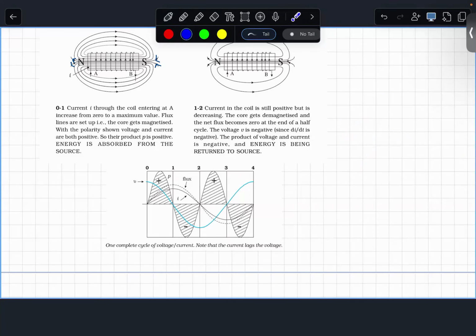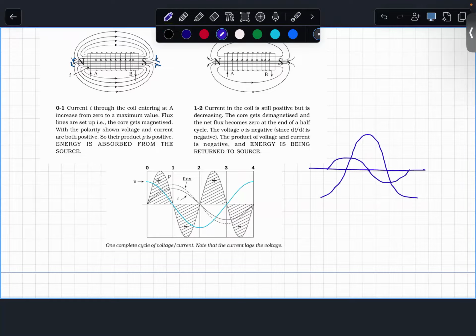Likewise, you can notice that. So what is happening over here? Suppose this is the current curve. This is the voltage curve. Now please see,